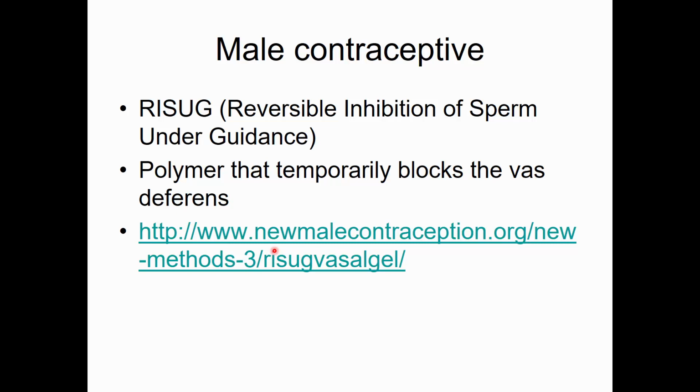The one method that I highlight here, and I have a link if you'd like to follow that if you're interested, is the idea of reversible inhibition of sperm under guidance. Basically, a polymer is injected into the vas deferens, and then it hardens. So then you have a physical blockage of the vas deferens. The sperm cannot be added to the semen, and therefore the ejaculate doesn't have sperm in it,